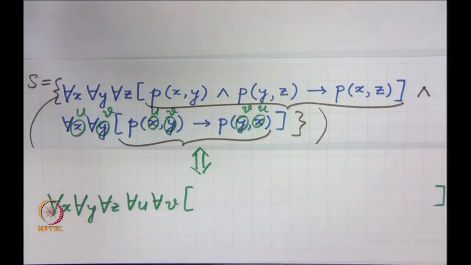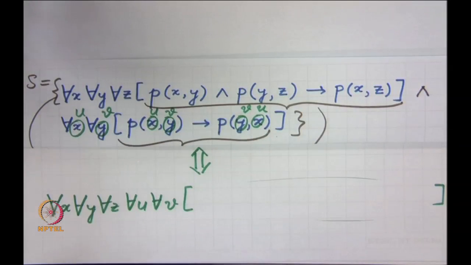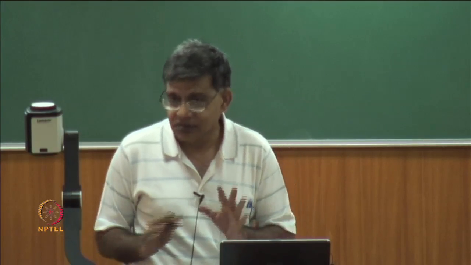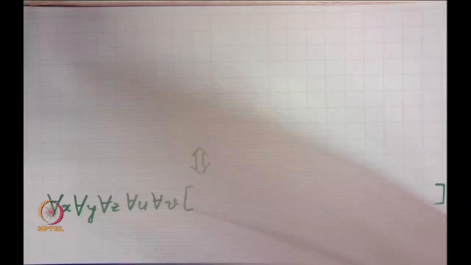This is something I think is there in an exercise for moving quantifiers, right. So when we move quantifiers, what it means is that I just deal with this entire body. So when I take a set of closed, it's clear that these kinds of manipulations cannot be done if there are open formulae. They have to be done only with closed formulae, right? Okay. So anyway, now let's look at.